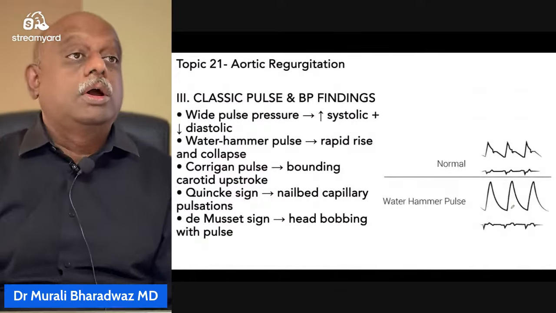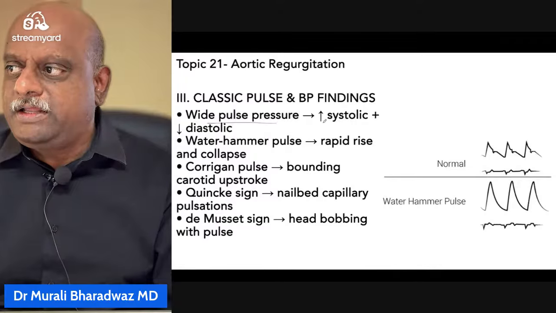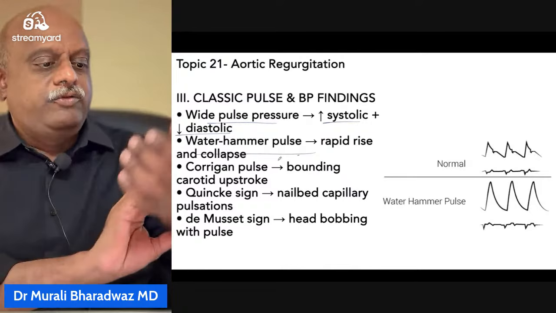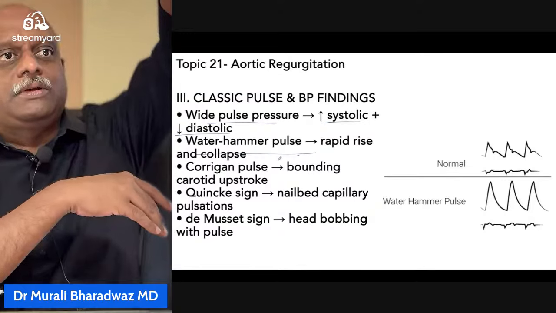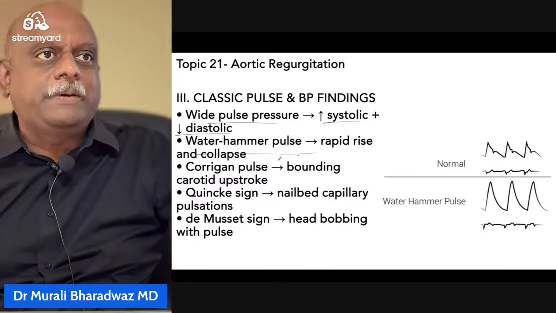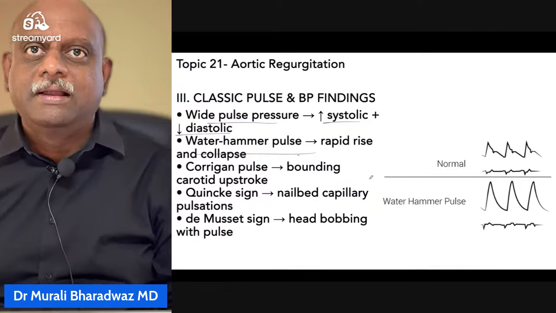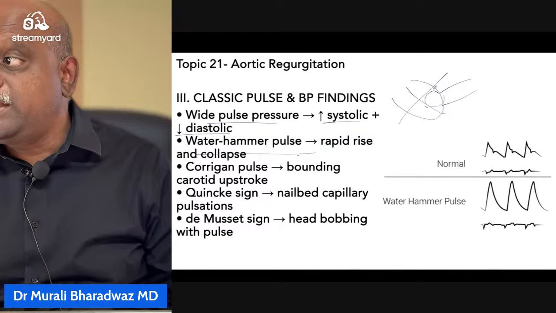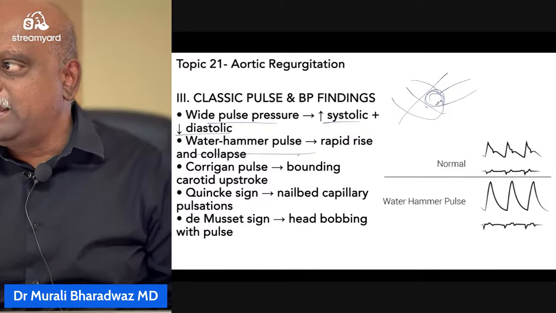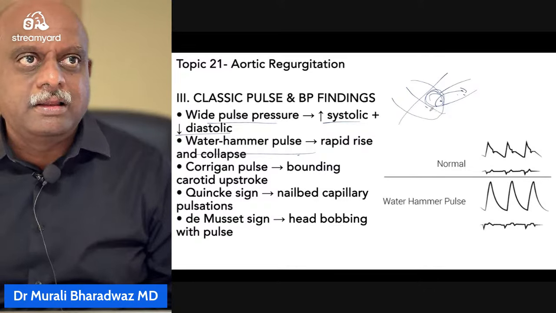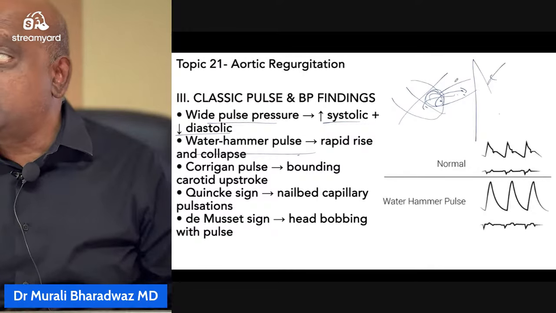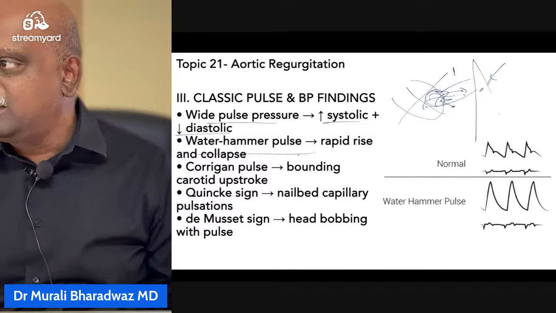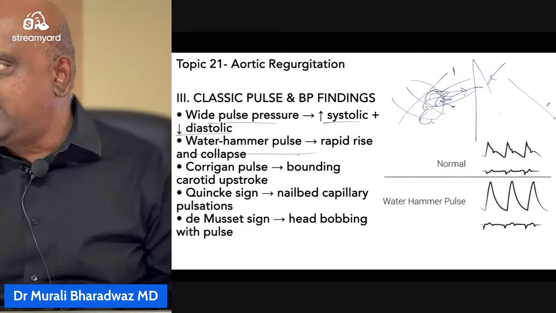Now, how is the pulse? Wide pulse pressure, that is increased systolic and decreased diastolic. Water hammer pulse. If you hold it and raise, it will collapse. There is a rapid rise and then collapse of pressure. Why collapse and why rapid rise? Because aortic regurgitation is a state of volume overload. So when the systole is done, then pressure will increase because more stroke volume is pushed out. But immediately at the end of the closure, all the blood is regurgitating and suddenly the